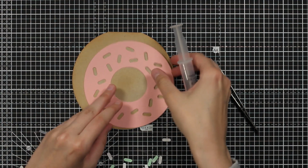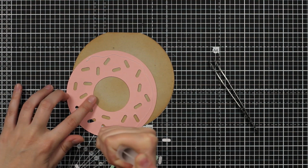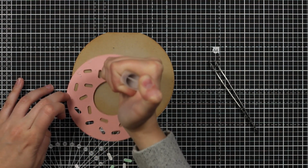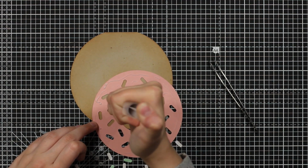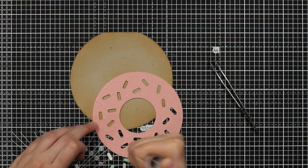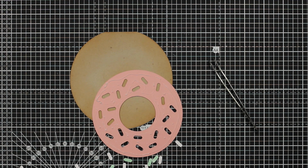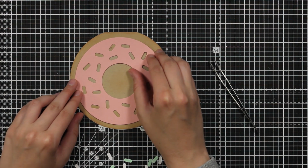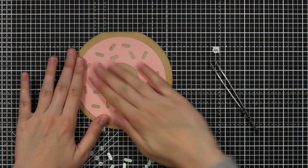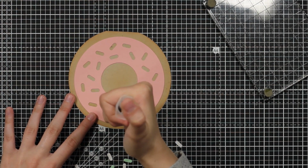So I will be using my liquid glue, and I have it in my syringe, and as you can see it's really detailed and it doesn't take a lot of time to get the glue out. I really love syringes for details because they're super easy to use and they never get stuck. So yeah, I applied the glue on this pink piece and now I will put my sprinkles directly where they were die cut,